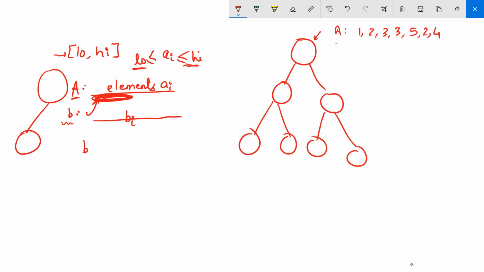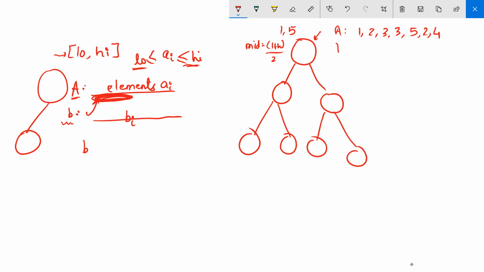The low and high values for this node will be 1 comma 5, because the minimum value is 1 and the max is 5. At each step you find mid as (low plus high) by 2. In this case, mid is (1 plus 5) by 2, which is 3.